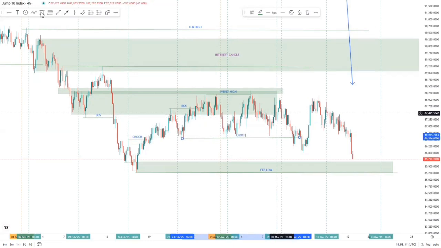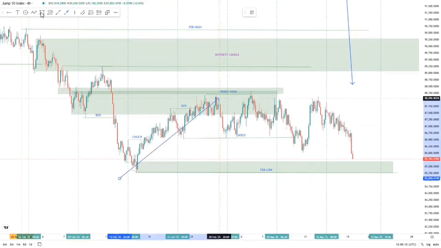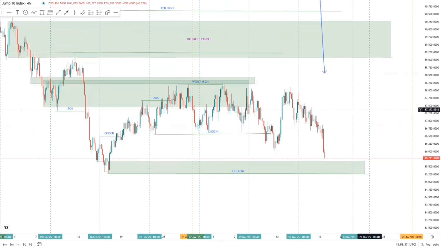And why am I saying we change character? Because this was a short bullish movement, a retracement. This was a retracement. So this was the end of the retracement, indication that we are now continuing our buying movement. So here, after this change of character, then in this leg here,